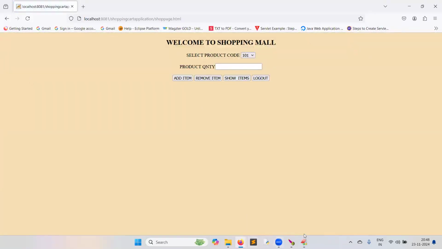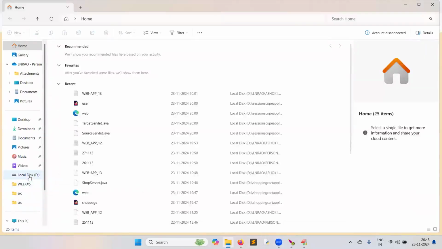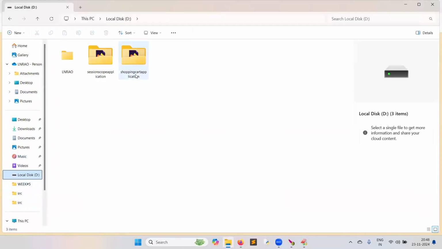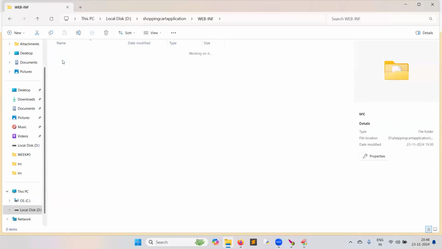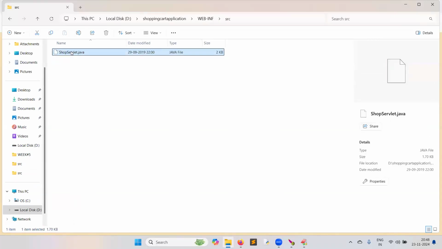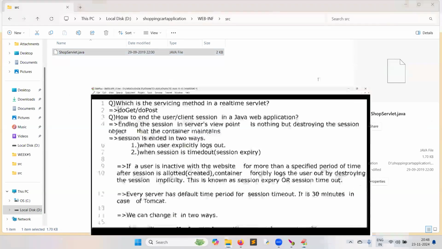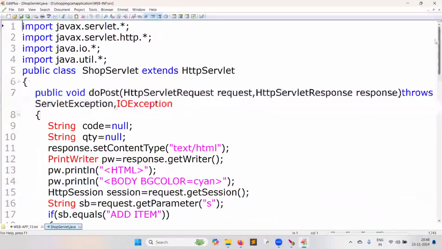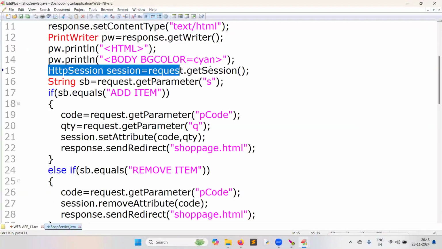Let us see what we are doing in the servlet. The code will be a bit bigger. You have to understand it yourself. I will not explain this much. I should not actually. First, what is created? Session created.